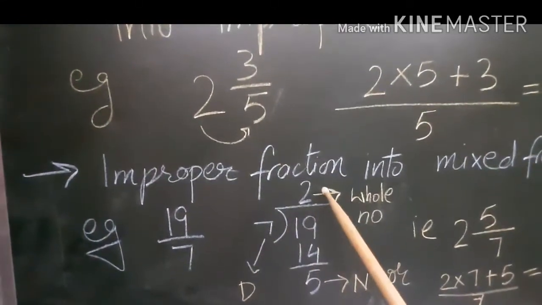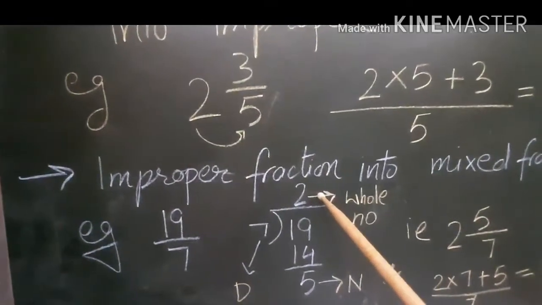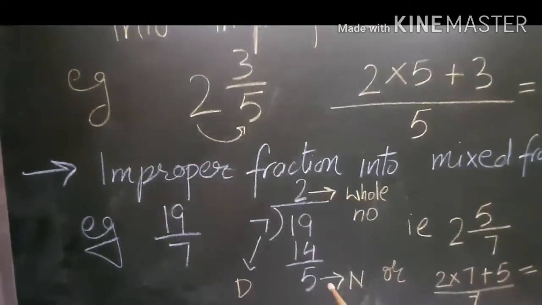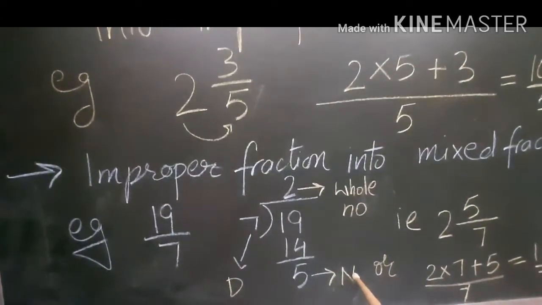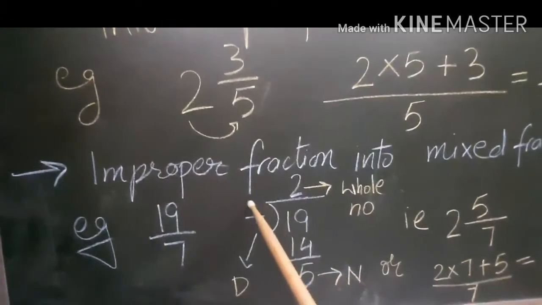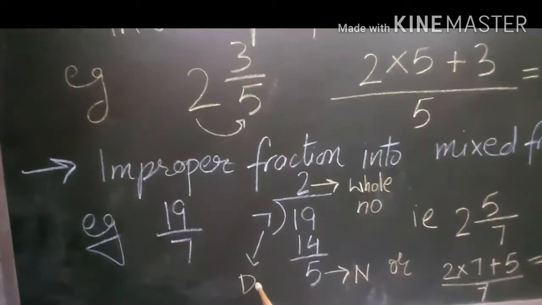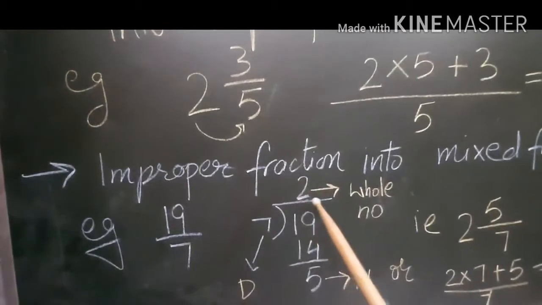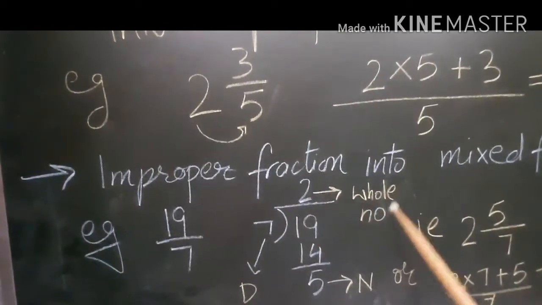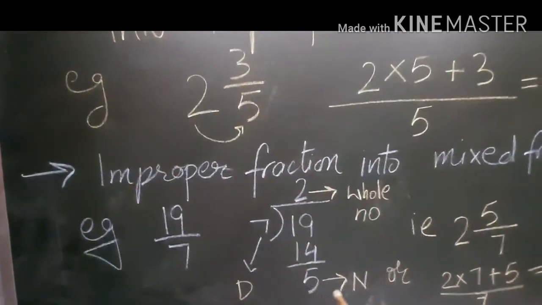It gives you 2 as your quotient and 5 as your remainder. Whatever is your remainder will become your numerator. The number by which you divide will become your denominator, and whatever quotient you get will become your whole number. So it can be written as